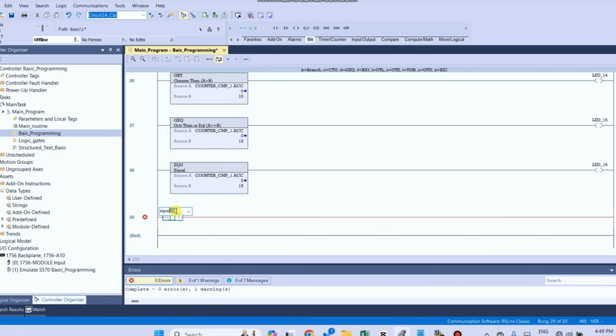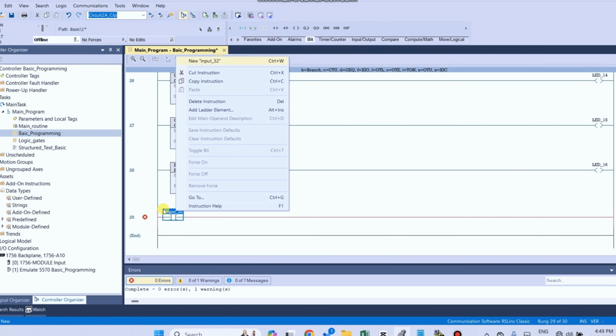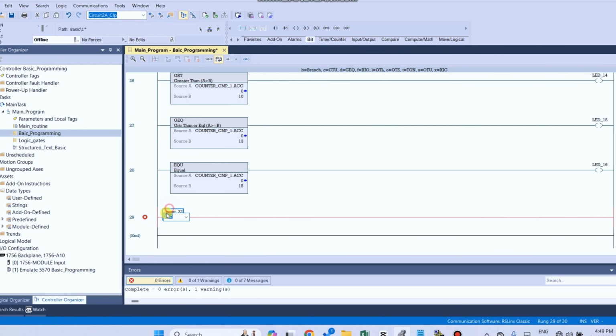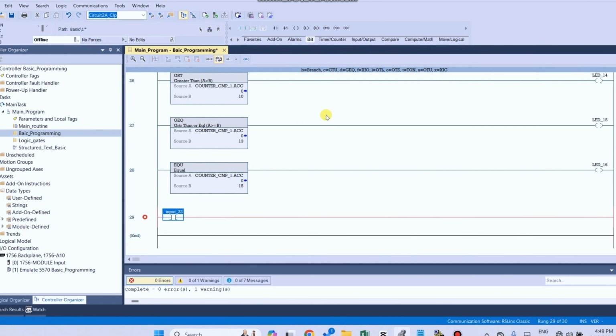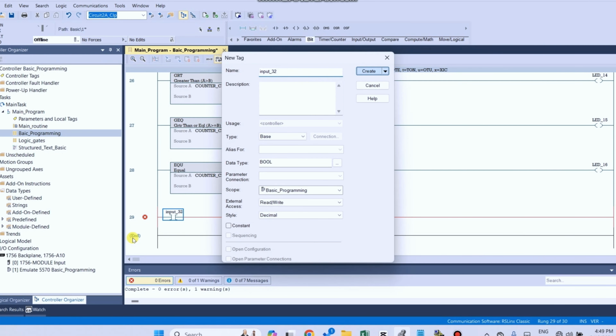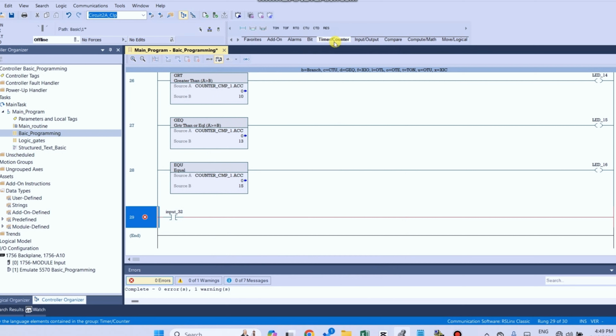Input underscore 32. Right click and click on new tag, create a new tag, and take a counter up.